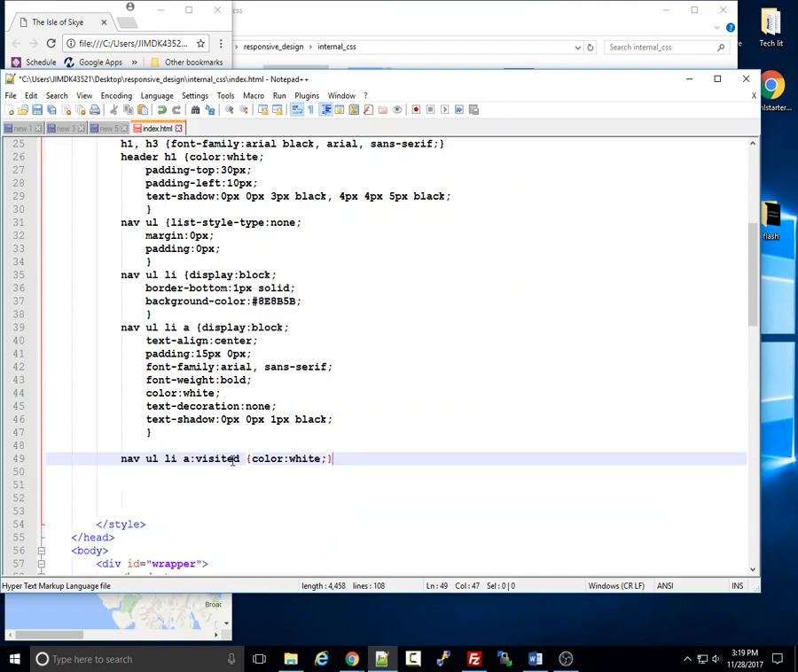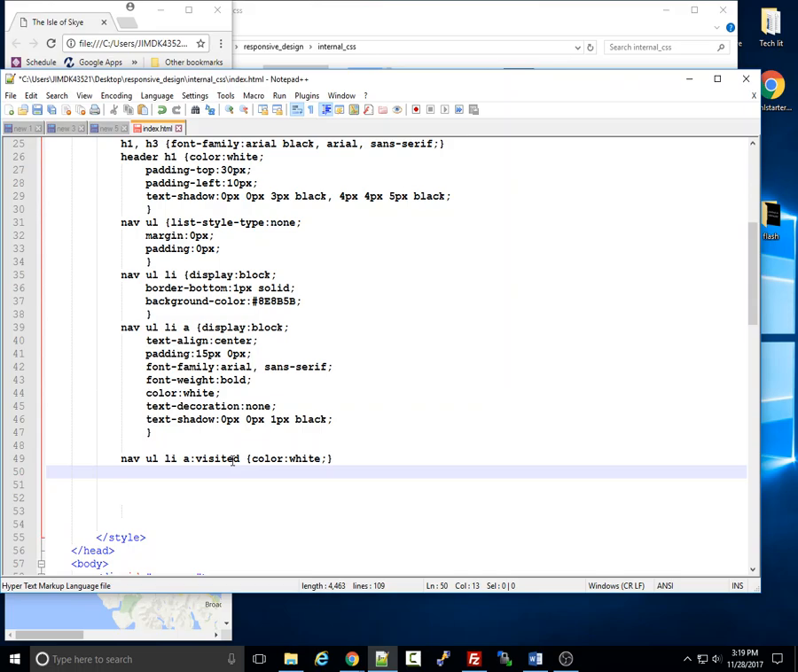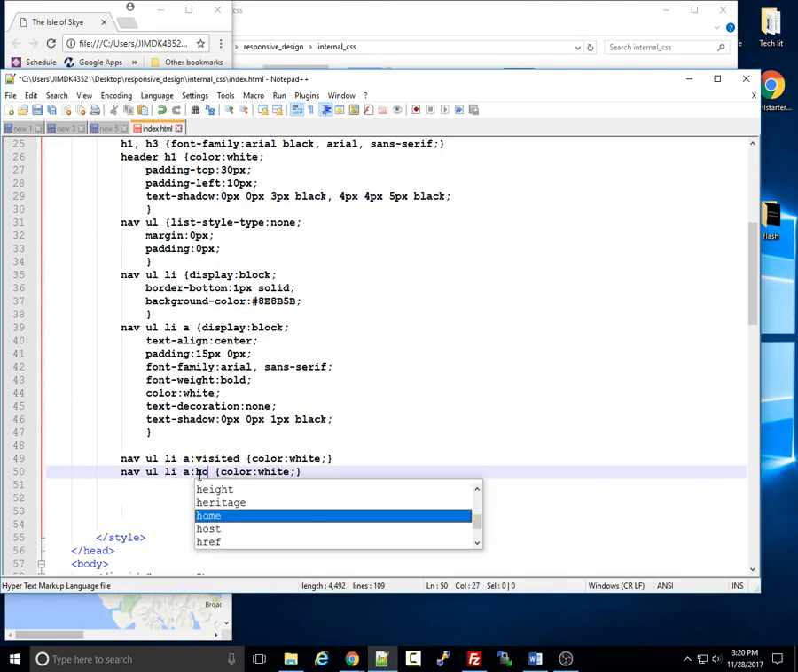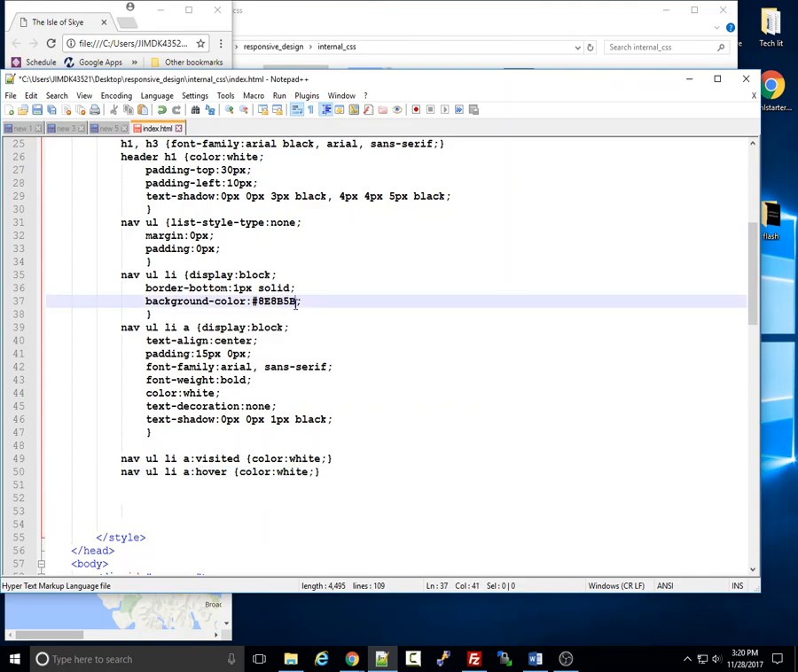So basically the visited style is going to look the same as the regular style, but I do have to specify it, otherwise it's going to go to the default, and the default is purple. I'm not looking for purple. Okay, and then for hover, I'm going to use that same color from my